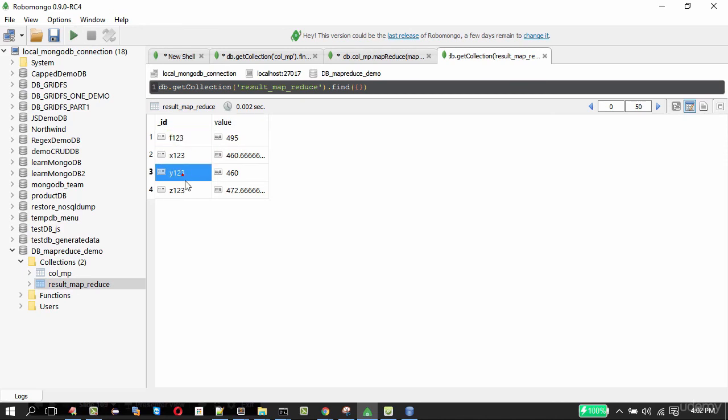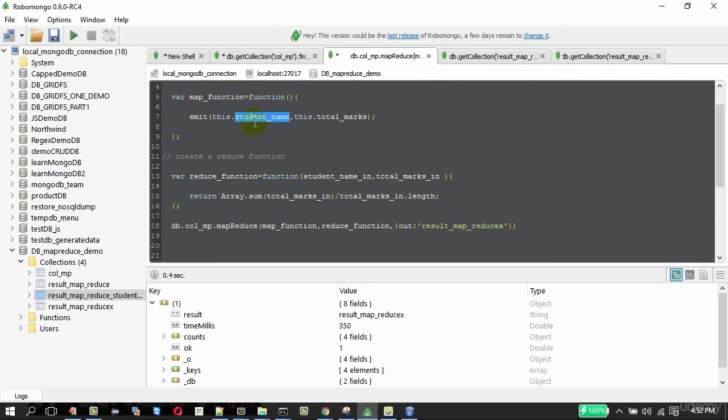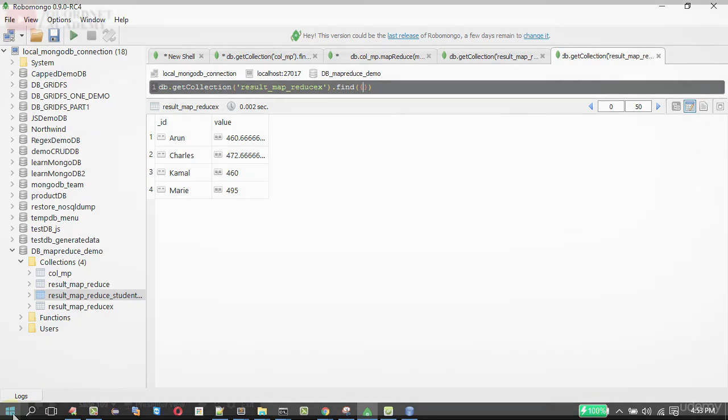I changed the map function to use the student name field for result clarity, and got the same result. The next step is to use MongoChef instead of RoboMongo. MongoChef has an inbuilt set of tools for MapReduce. You can easily learn MapReduce using MongoChef.